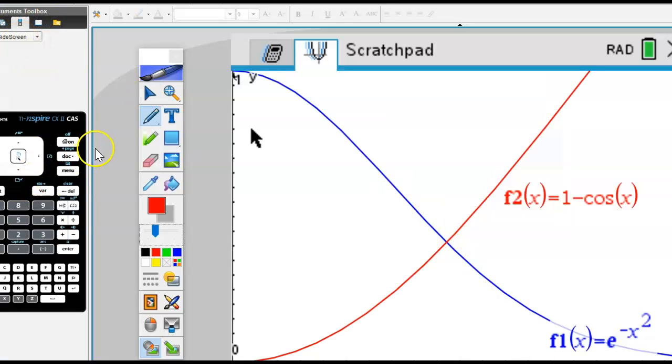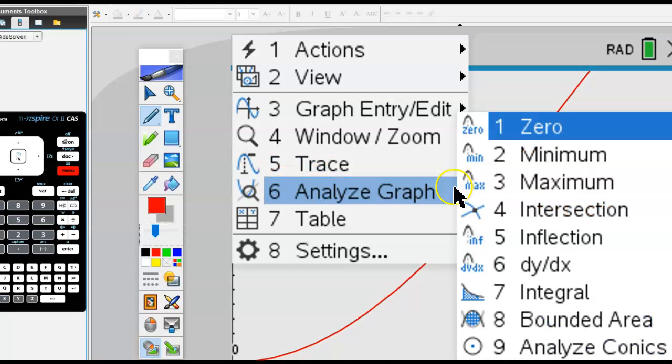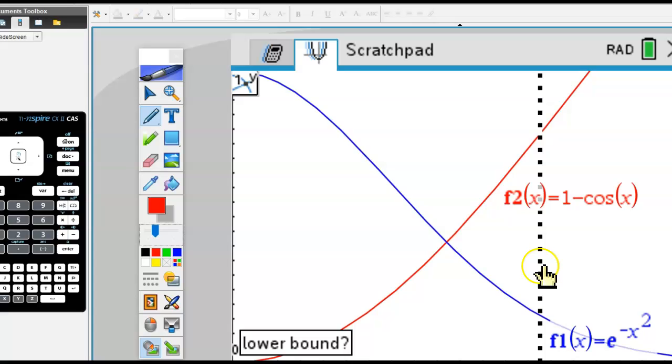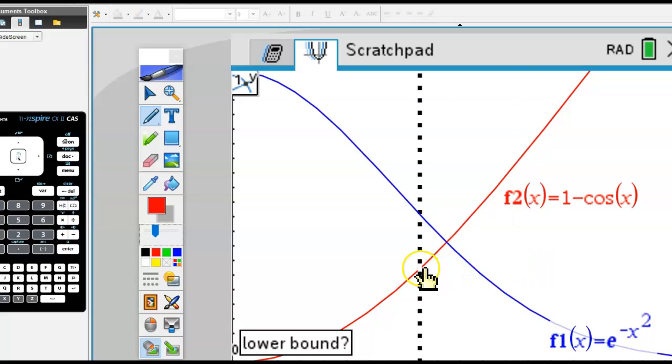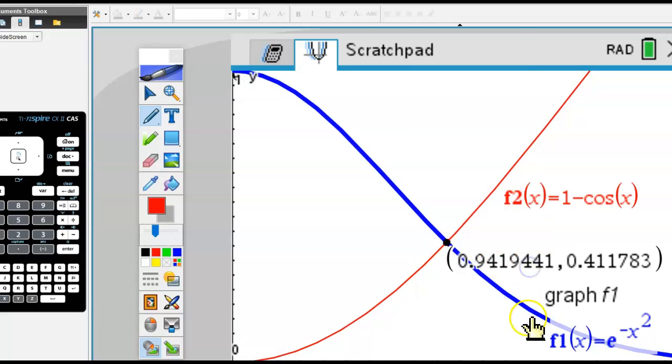Now we want to find the intersection point. So to do that, I'm going to go menu, analyze graph, and I want an intersection point. Now it's asking me for the lower bound, so I move my cursor to the left of the intersection point and hit enter. Then it asks for the upper bound, so I move it to the right and hit enter. And notice I get a decimal number of